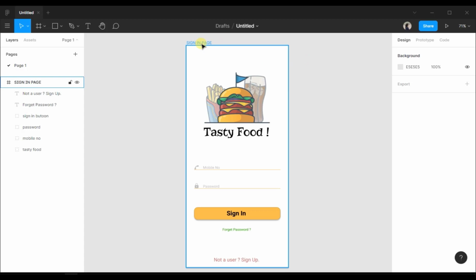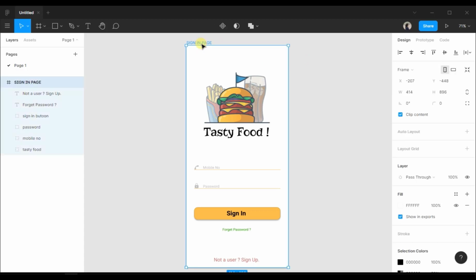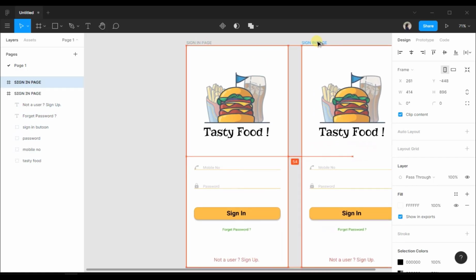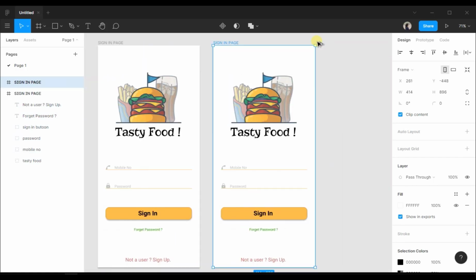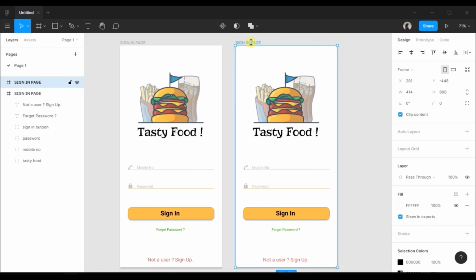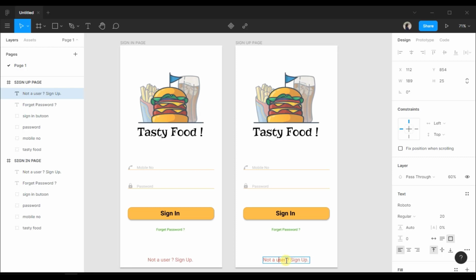Now we will create a sign up page, so we can also copy this whole frame. Likewise, make changes in this frame. So let's rename this frame as sign up page. Now let's edit this text saying already a user, sign in.